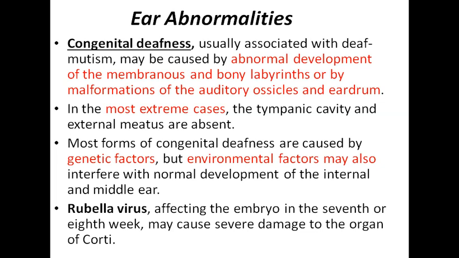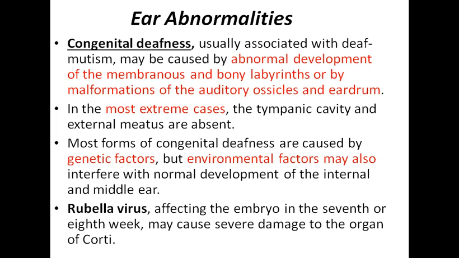Now we'll talk a little about the abnormalities. When congenital deafness occurs, it is usually associated with deaf mutism, which is caused by abnormal development of the membranous and bony labyrinths, or by malformations of the auditory ossicles or eardrum, right. In the most extreme cases, the tympanic cavity and external meatus are absent. Most forms of congenital deafness are caused by genetic factors, but there are a few in which environmental factors are